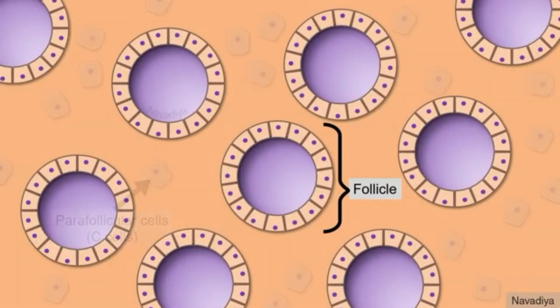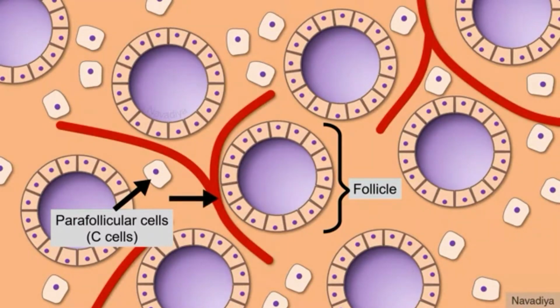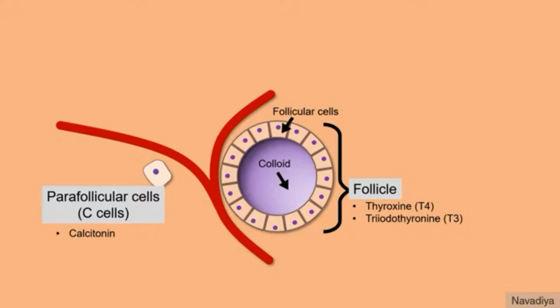In the thyroid gland, we have follicles, parafollicular cells or C cells, and these are blood vessels. This is the basic histology of the thyroid gland. A follicle has colloid at the center, surrounded by follicular cells. Thyroxine and triiodothyronine are synthesized by the follicle. C cells synthesize calcitonin. Thyroxine and triiodothyronine are structurally and functionally similar, and thyroid hormones is usually used to refer